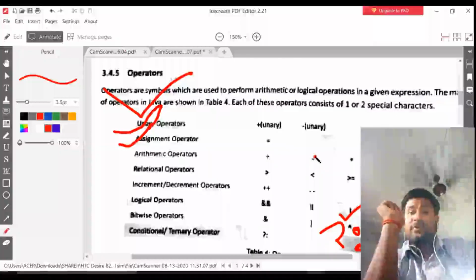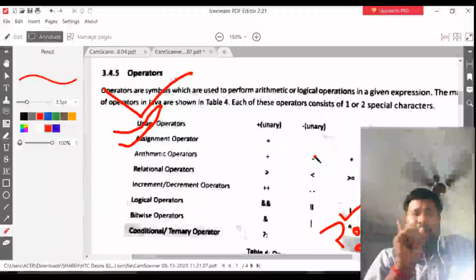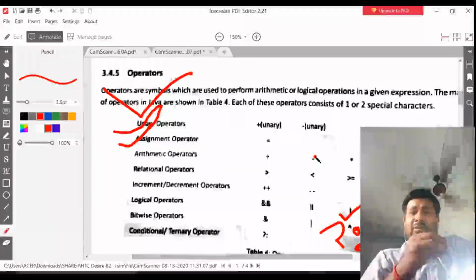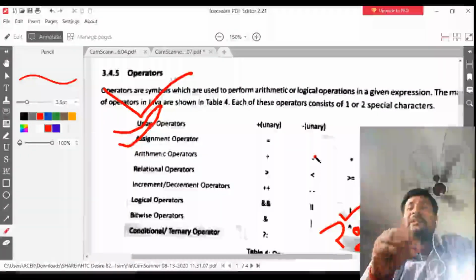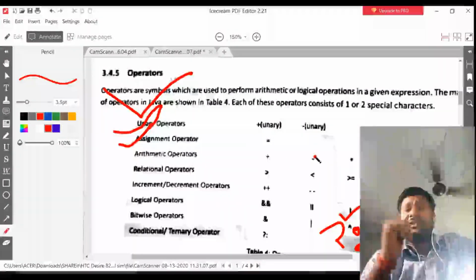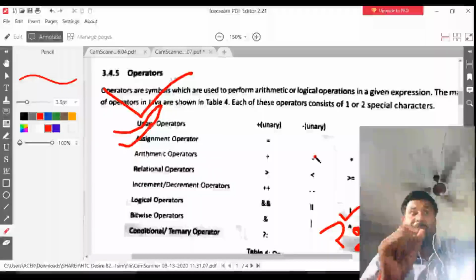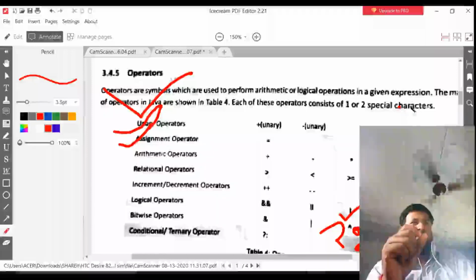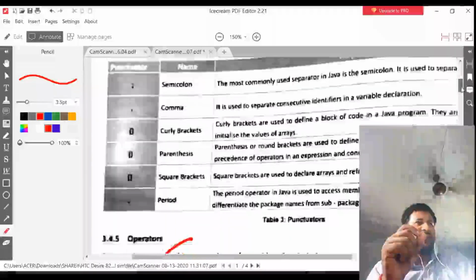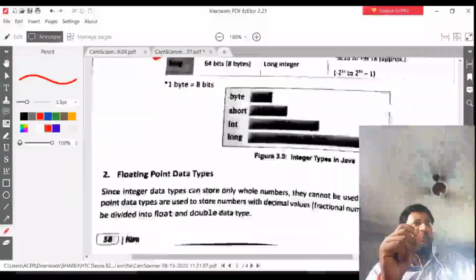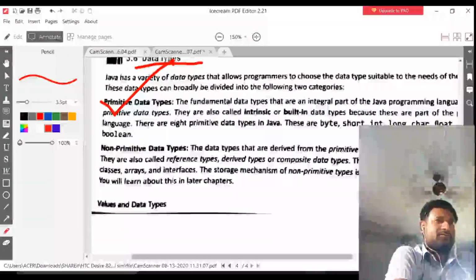Do not worry, students, about operators. You will not get any headache thinking the sir is not explaining in detail. In the coming chapters this will be discussed in detail, and I will discuss it with practicals. So students, I think the picture which I have taken is completed. So let me do some practical for you as I promised.